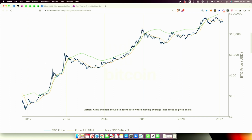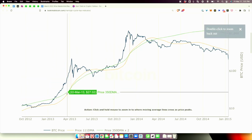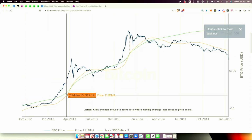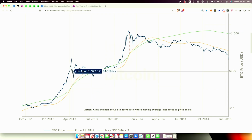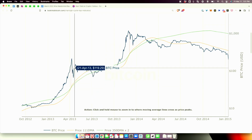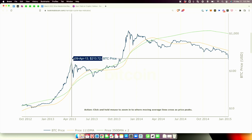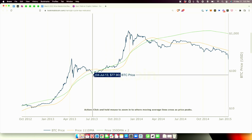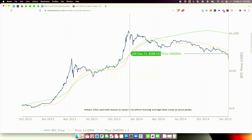So if we look closer at these things here, I don't know if you can see it. What we're looking for, I'm going to zoom into this. We're looking for when the orange line crosses above the green line. And if you notice this, it did it right here. There's a dotted line. It did it about 3 days before the market cycle top. Yeah. And then it came back down, right? And then here we go. Bull market, orange line touched it, came in 2 days after the market cycle top. Okay. Let's look at